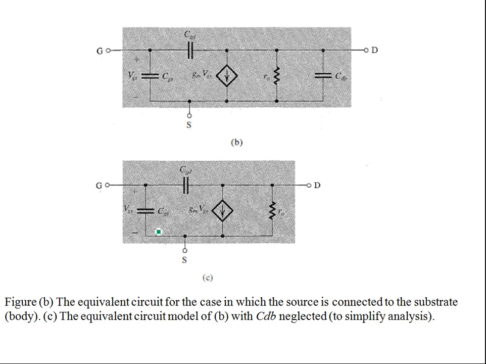However, in part C, it's still a much simpler simplification. So part B is the equivalent circuit for the case in which the source is connected to the substrate. The other thing that you have noticed is there is no other current source due to VBS. Okay, that's also gone. So in part C, the equivalent circuit of part B with CDB neglected to simplify the analysis. If you neglect this capacitance over here as well, it's going to much simplify the